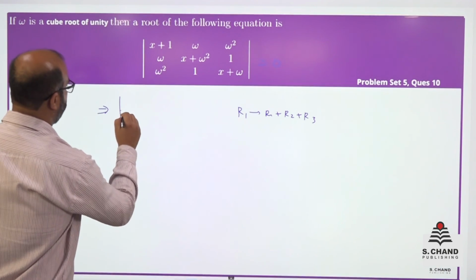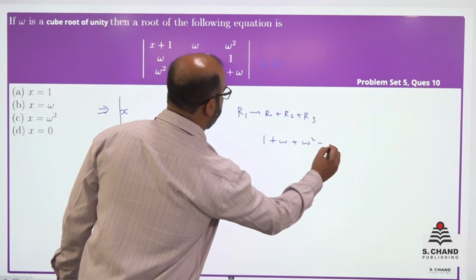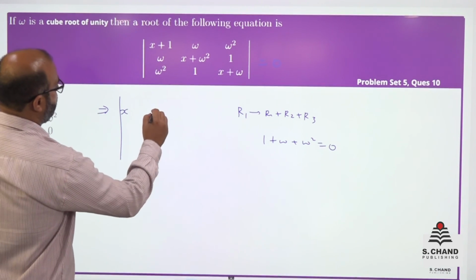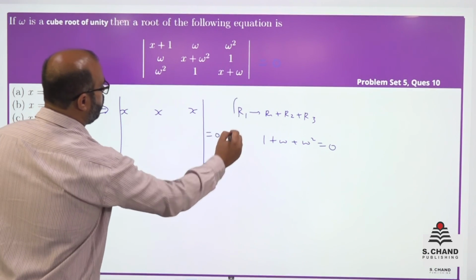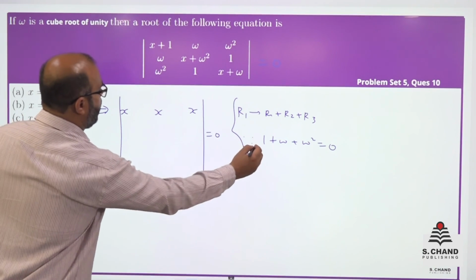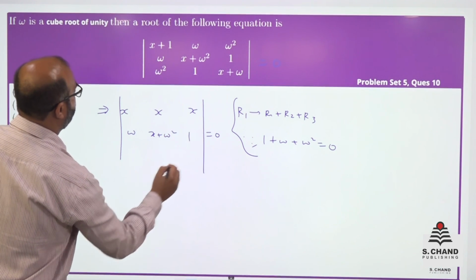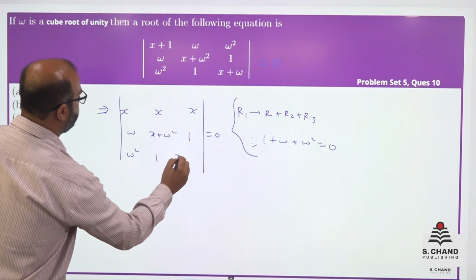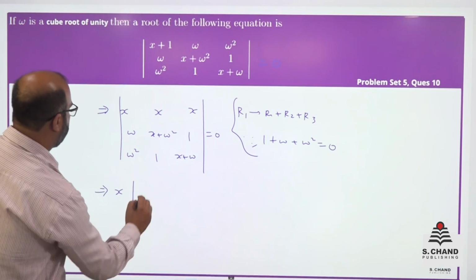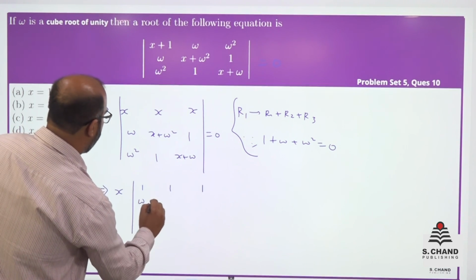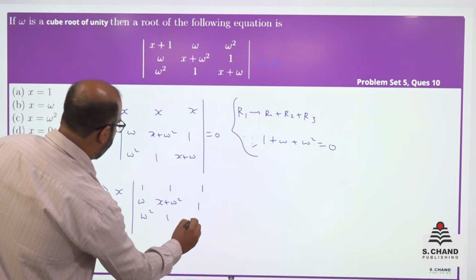So this will be x plus 1 plus omega square, and we know that 1 plus omega square is 0. This is x, this is x, this is x is equal to 0. So this fact is being used: x taken common from the first row, x, 1, 1, 1, omega, x plus omega square, 1, omega square, 1, x plus omega